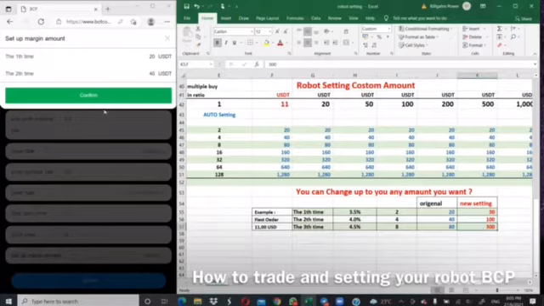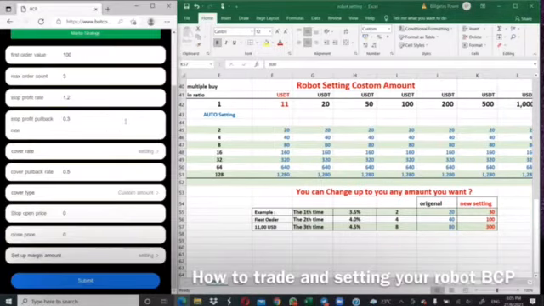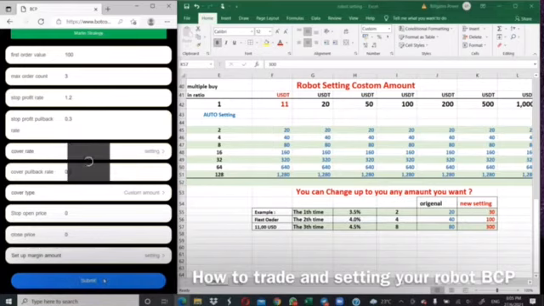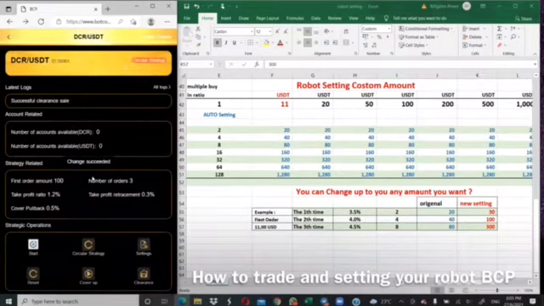This one custom. For example, for big trader, want to trade up to him, want to put anywhere amount. Any amount also no problem. Because this robot follow your mind, okay? You put any amount, this robot will be run any amount, follow your setting. And then after you complete this one, okay, you click submit. Okay. Now robot can run.